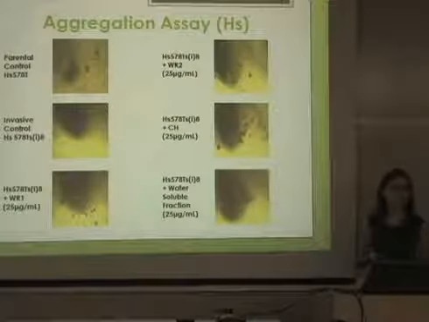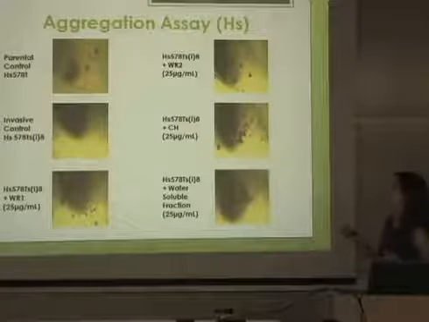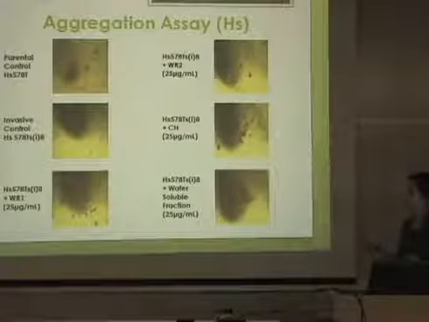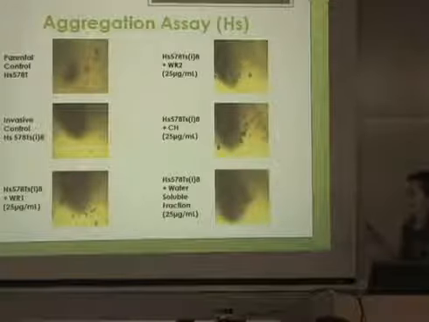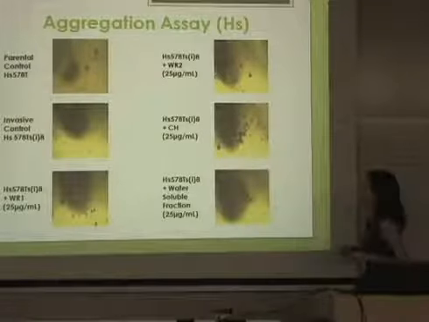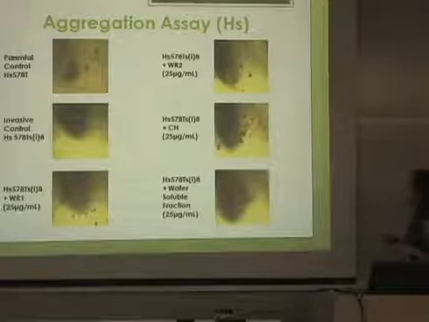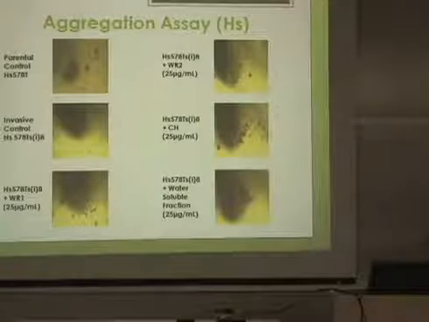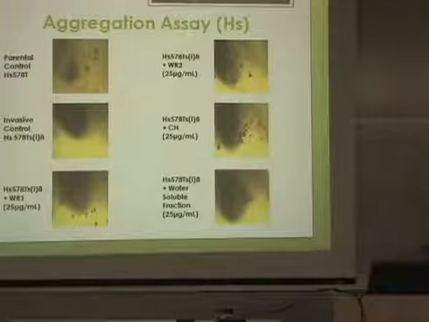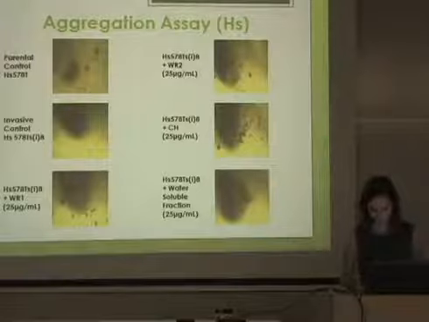Moving on, we performed an aggregation assay using the HS Sullen. As Natalia explained, there is a big difference between the parental and the invasive cell. In the parental, you can see a nice bundle of cells together, while in the invasive, you see them scattered throughout. After we added our extracts and fractions to this, we were able to see that some aggregation began to occur. But as you can see, the one that stood out the most was once again the water-soluble fraction, because you were able to see a nice compound of cells getting back together again.